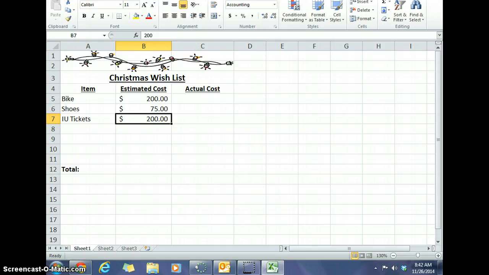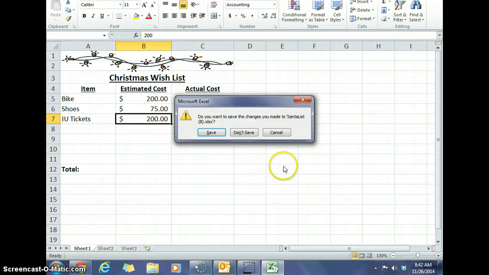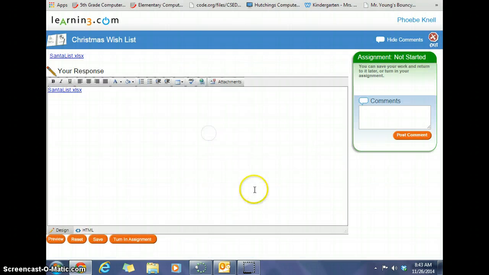Alright, let's go ahead and save this document. So if we go ahead and find the X in the corner, it's going to ask us, do we want to save it, don't save, or cancel? We obviously want to save